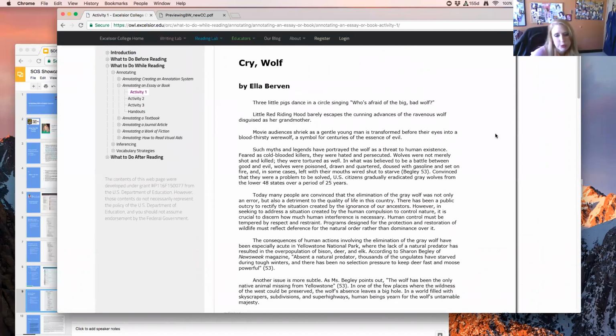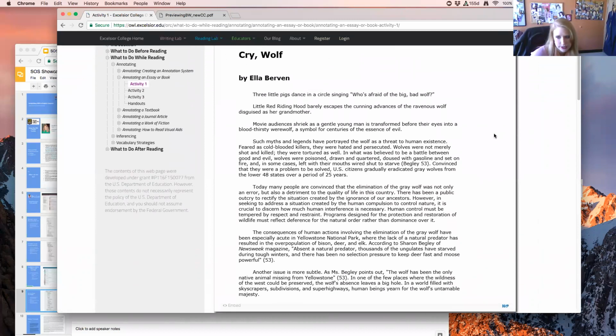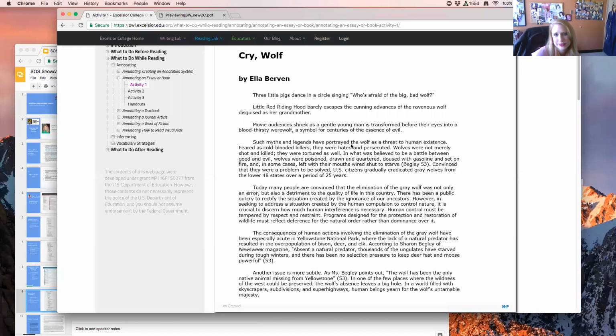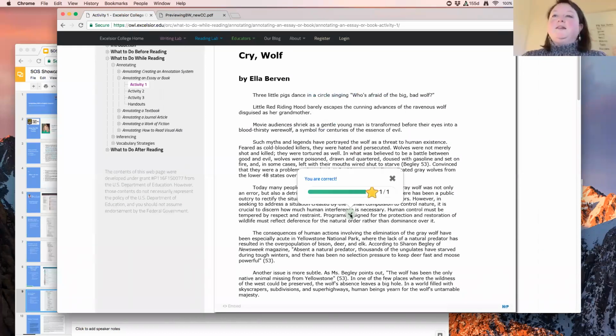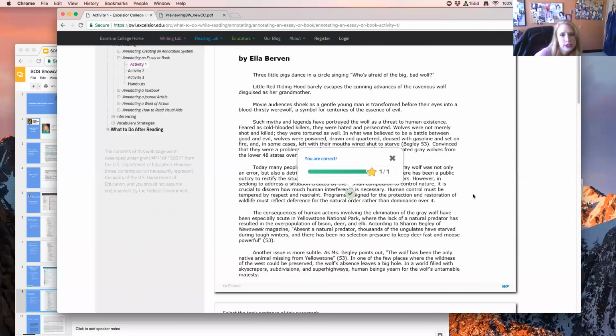Right, which gives you sample paragraphs, and then the students have to do that same sort of check. You can click anywhere on it to try and figure out which one's the main idea. I'm not very good at this. Right, so that's one activity. If you click on activity 2,